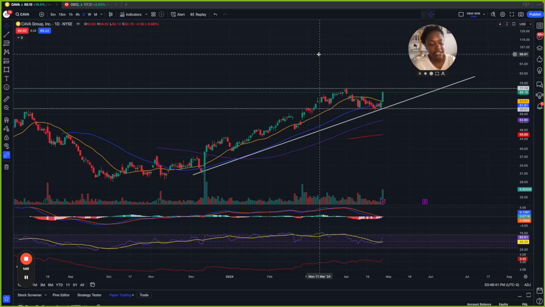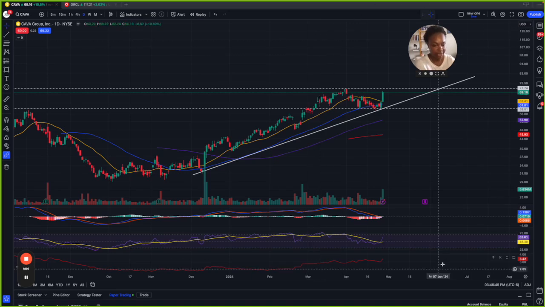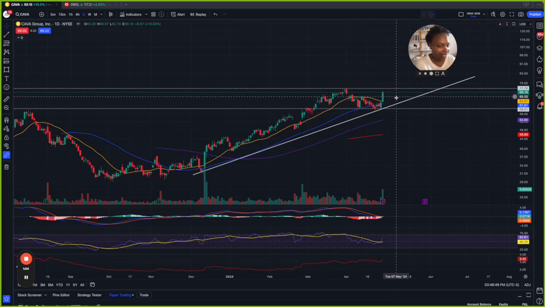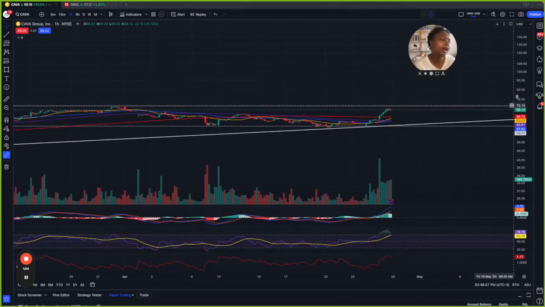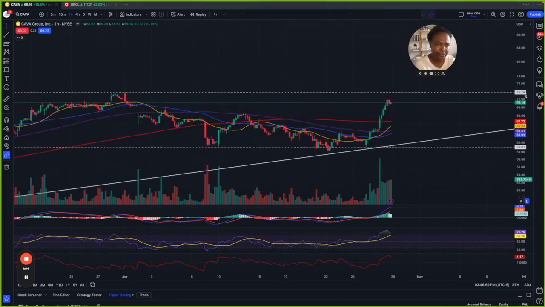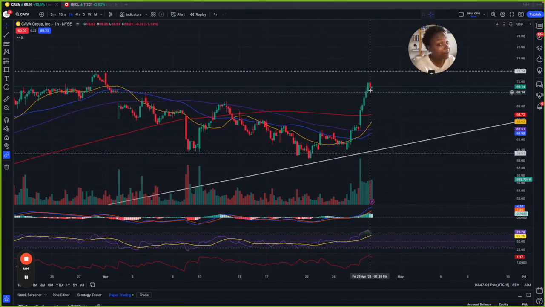So it just doesn't seem like a safe trade until it comes back down. Now, I don't know if it would come back down to the trend line. Maybe we'd see it pull back towards the 20 MA. It's all about watching it, but let's look on the hourly. Look at that. We got a tweezer top, which is bearish on the hourly. I could absolutely see it coming back down.